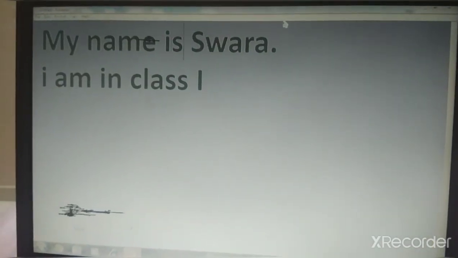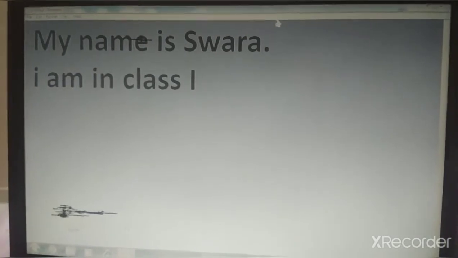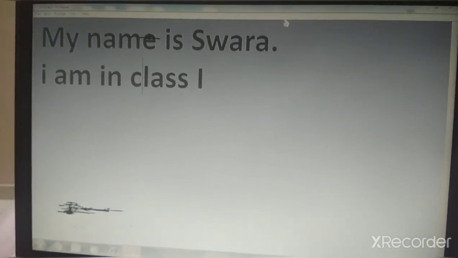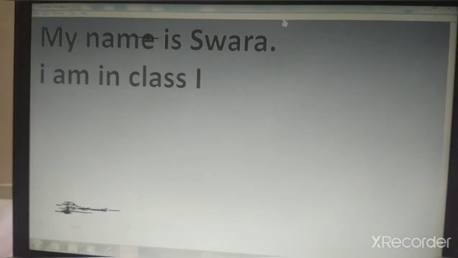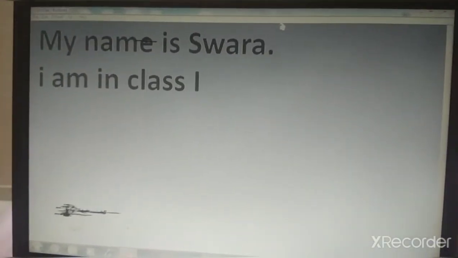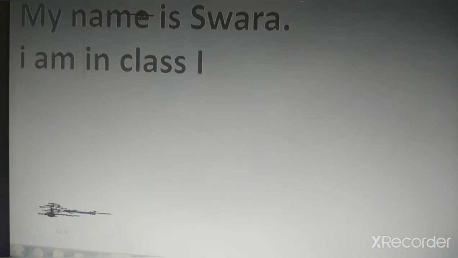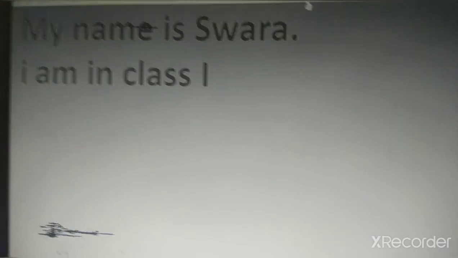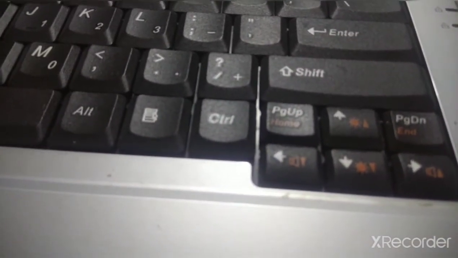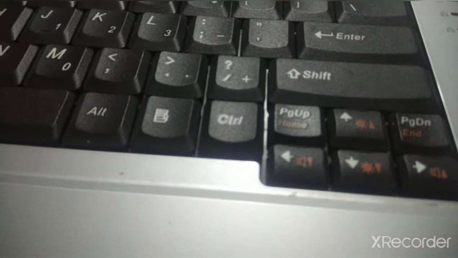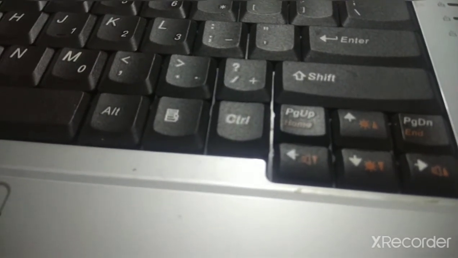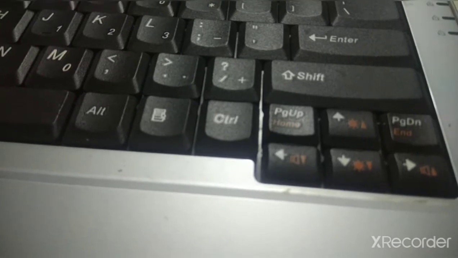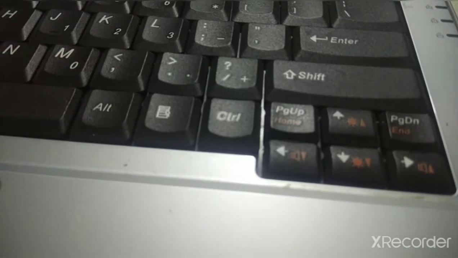See, children. Okay. Up, down, left, right, left. You have to press these arrows, so accordingly the cursor will move. This standing blinking line is your cursor. It will move. Okay, children, understood this? Up arrow, down arrow, left arrow and right arrow to move your cursor up and down, left and right. We use up arrow, down arrow, left arrow and right arrow.